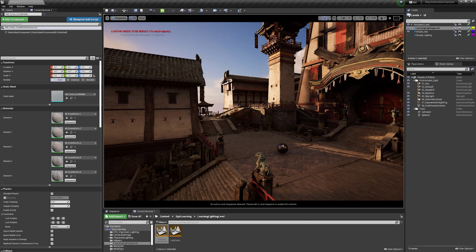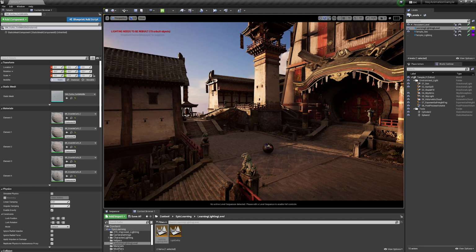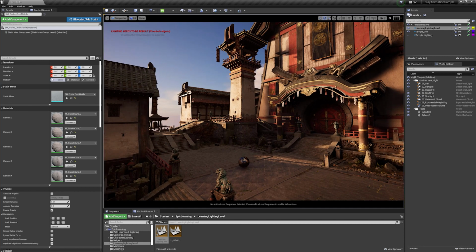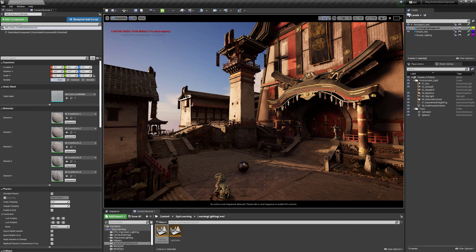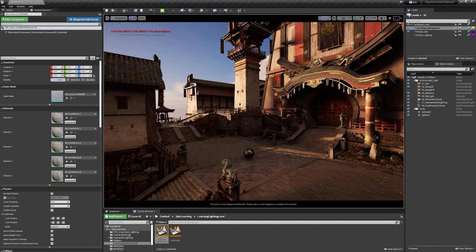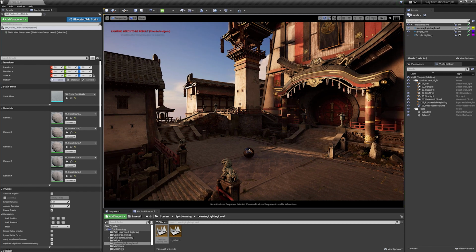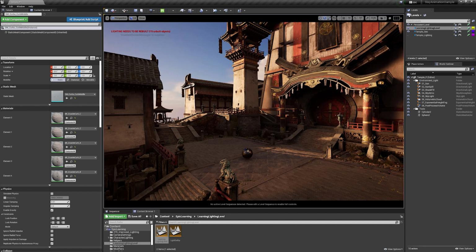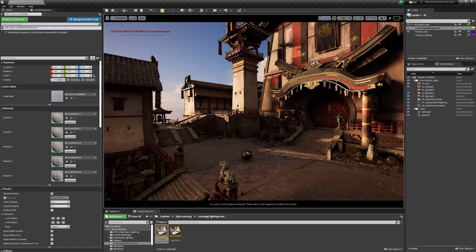So in general, I'm pretty happy with the lighting in the scene so far. I'm looking at my shadows. I'm looking at the overall piece, and the piece in general is pretty warm. So what I'm looking to do is to figure out how to get a little bit of color, a little bit of saturation into the shadows. Now that's going to be done in a combination through your skylight. Your volumetric clouds can help contribute to that. Same with your sky atmosphere.